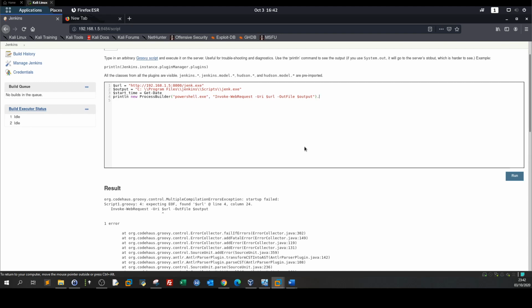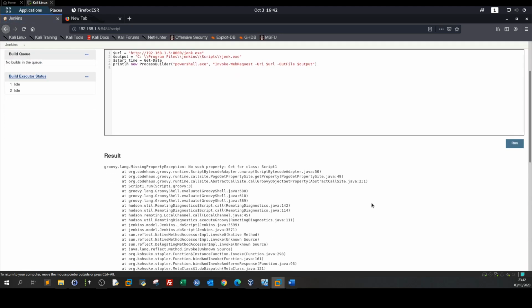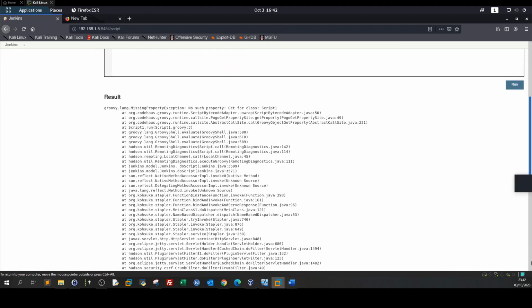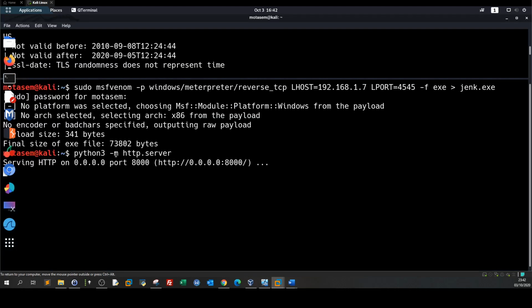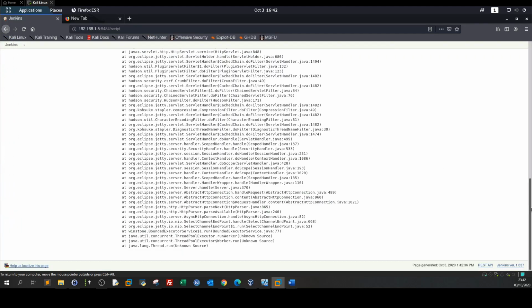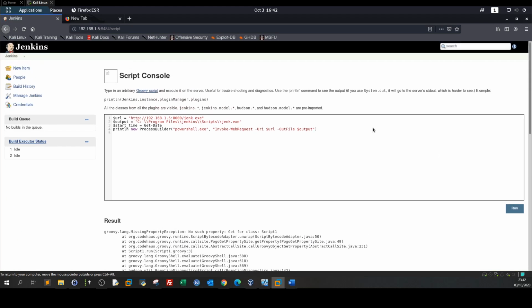And we type here something like redirect error stream. Or let me first not redirect that. I want to see if my payload has been executed or the commands are correct. So run. Groovy language. So in PowerShell, we don't have anything else. Let's go see the terminal. All right,